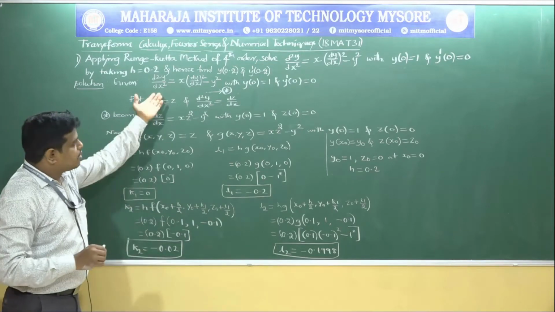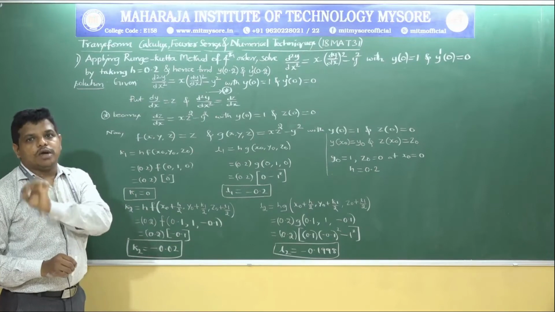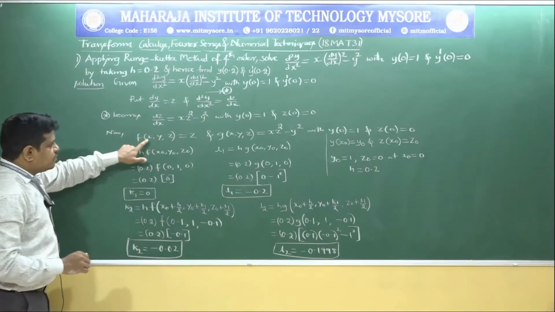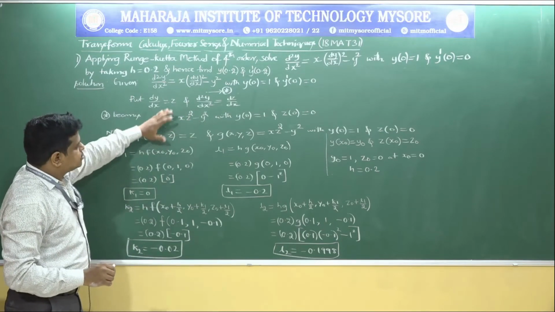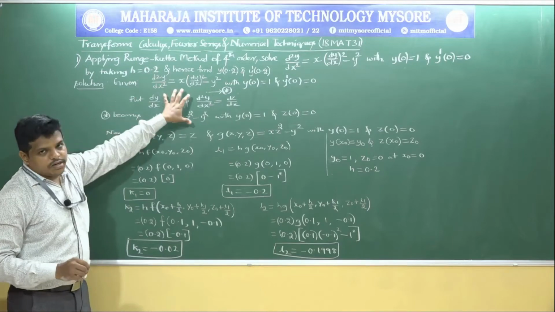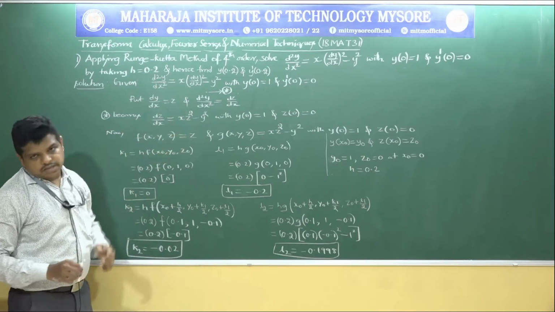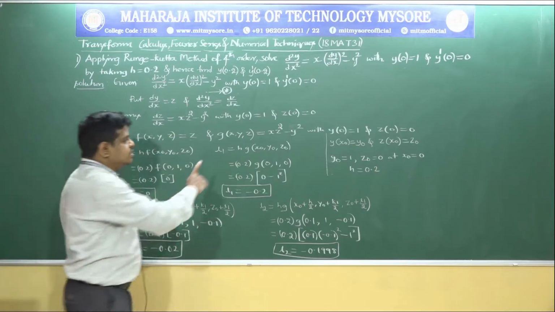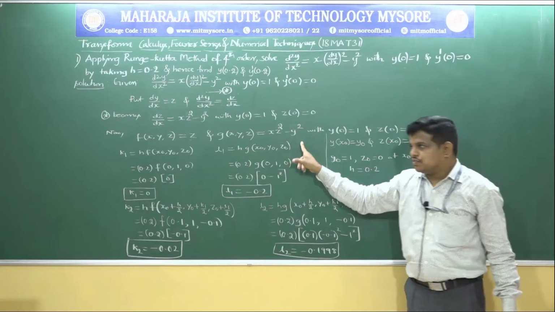The first one is the substitution you have taken. Call that f of x comma y comma z, that is f of x comma y comma z equals z. The second is what you have substituted for the second order derivative, in order to reduce the given equation to first order. That is your second simultaneous differential equation, g of x comma y comma z equals x z square minus y square.